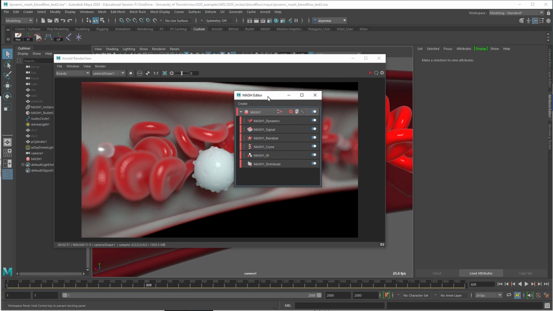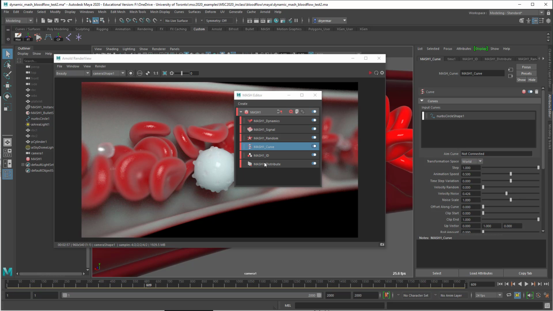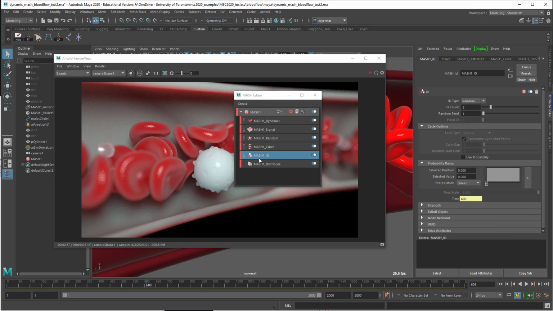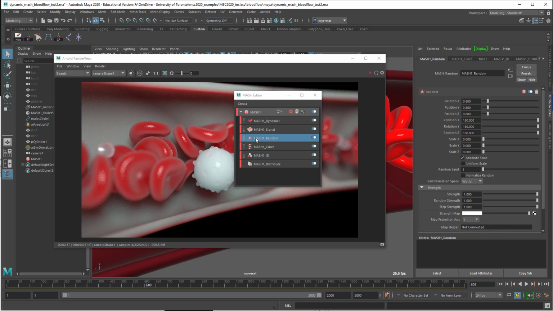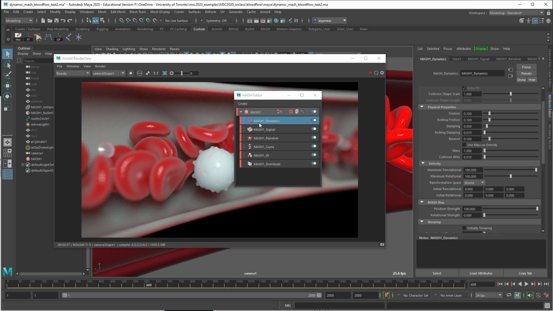So in terms of what we're going to do here, we're going to build this up bit by bit. We're not going to model the blood cells, but we're going to talk about how we can use MASH to distribute these items on a curve, how we can bring in more than one item using the ID node. We can randomize their position a little bit. We can even animate their position while they move along the curve using a signal node. But most importantly, we can use MASH dynamics using the rigid body bullet solver to have them interact with each